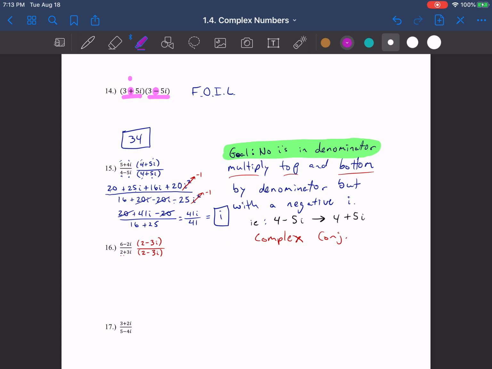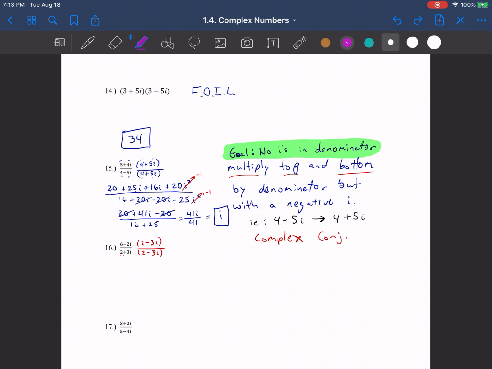This is 3 plus 5i, and this is 3 minus 5i, right? So 3 plus 5i, 3 minus 5i. That's actually called a complex conjugate, right? Where you have the same number, but the imaginary term is negative. Those are complex conjugates of each other. And the interesting thing happens